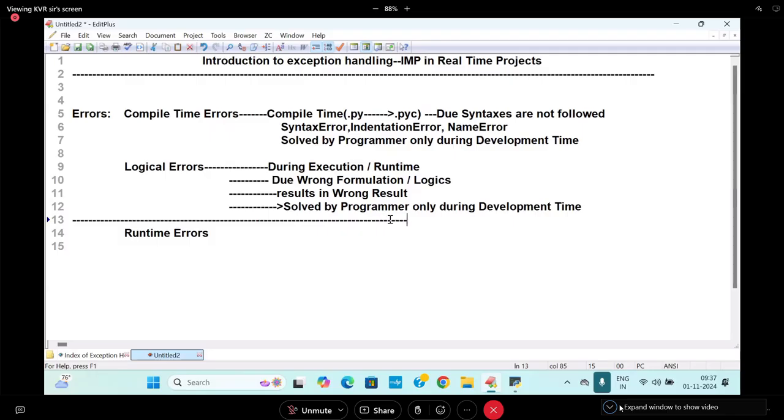This is related to the concept of compile time errors and logical errors. Now I'm talking about runtime errors. What do runtime errors deal with? Very simple. Runtime errors are also known as implementation errors. Implementation errors. Let me take a best example. Suppose, for example,